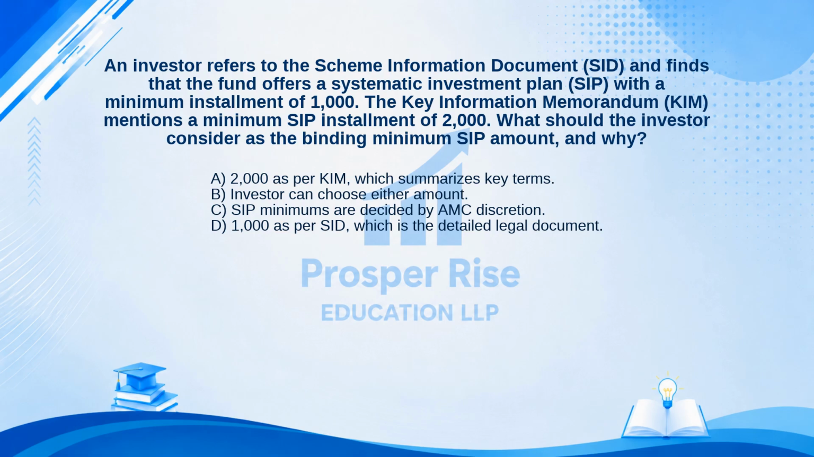A. 2,000 as per KIM, which summarizes key terms. B. Investor can choose either amount. C. SIP minimums are decided by AMC discretion. Or D. 1,000 as per SID, which is the detailed legal document. Take a moment to pause the video and decide. The correct answer is